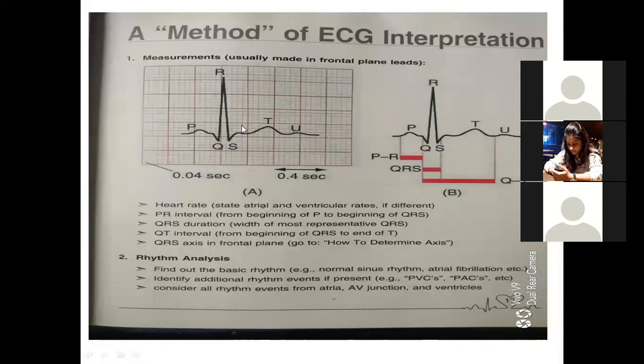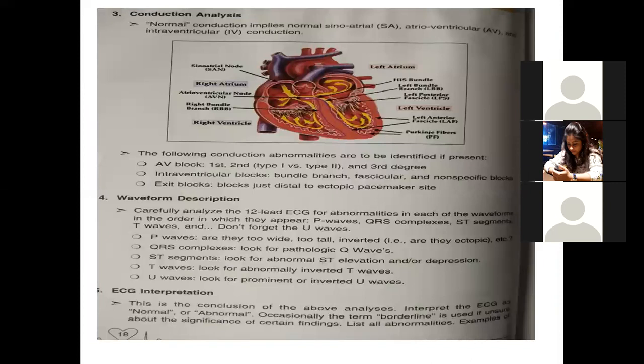Suppose this is 5 squares, which means how many? Each square is 0.4 second, into 5. 0.4 into 5 is 20, so 2 seconds. Maybe 1.5 seconds, which means a clock which beats every second, and our heart beats in that time. Now this patient beats 4 times every second. So the cardiac cycle is very poor.